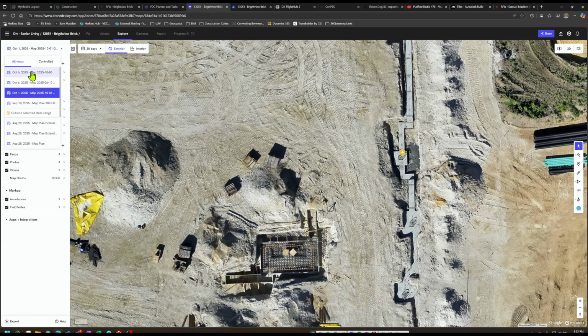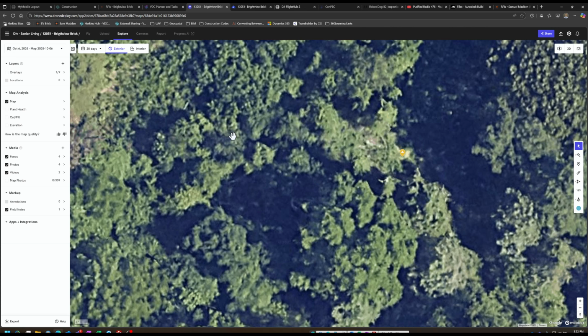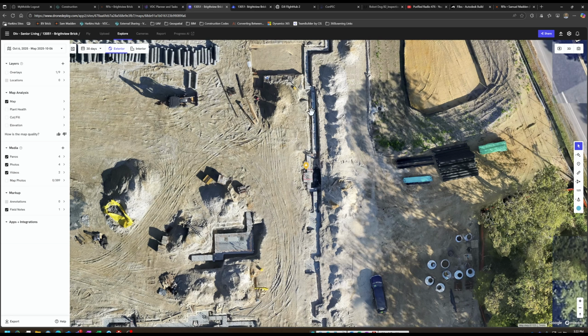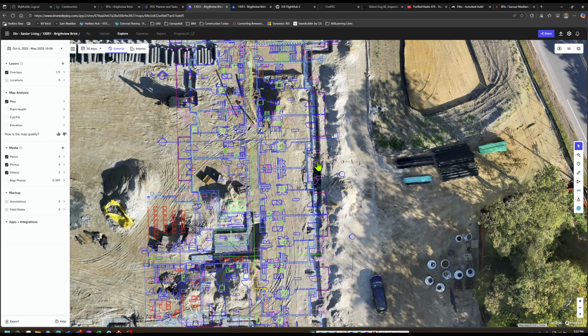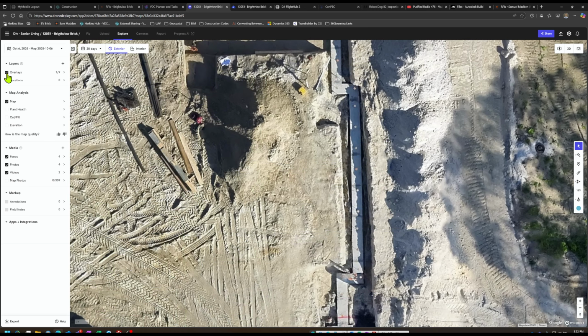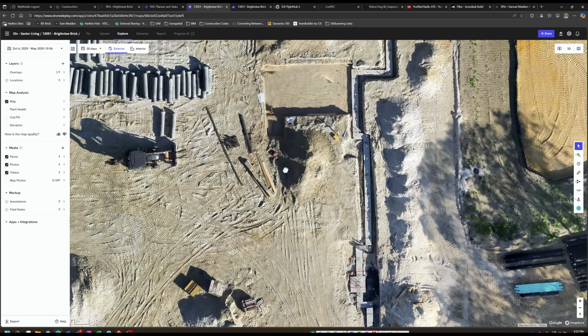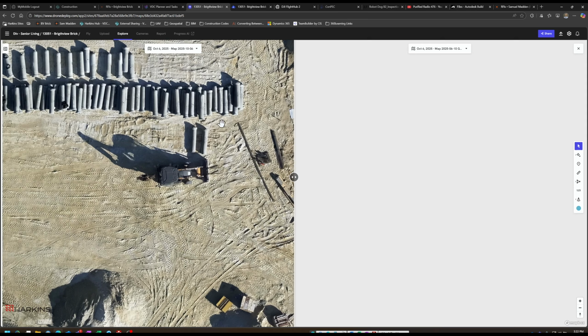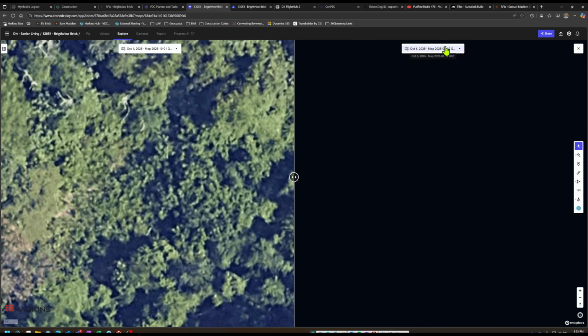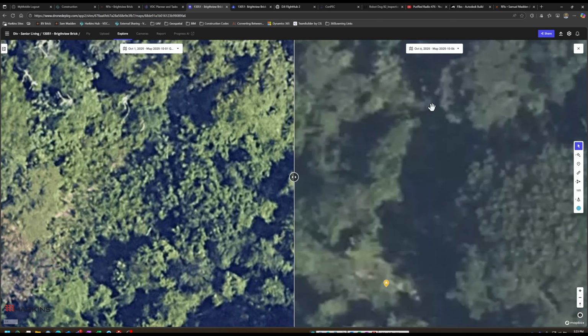This map is from about a week after. This map was processed without ground control points, so let me activate the overlays. And now you can see how pretty much everything is off. I'm going to say it's like a foot and a half, something like that. And then if I remove the overlays, but I do a comparison between the two maps from October 1st and this map,